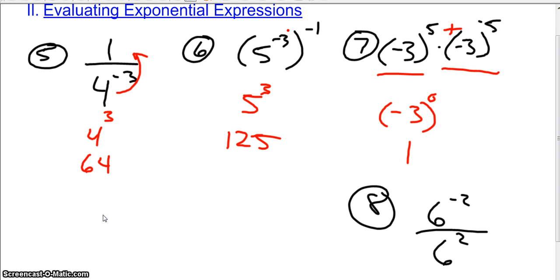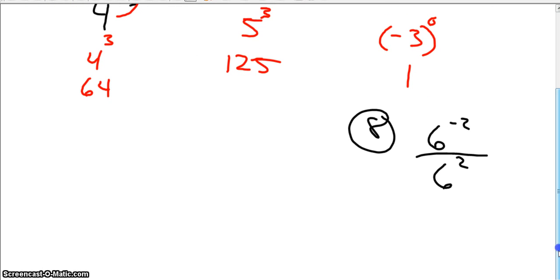And in number 8, you have an interesting expression. The numerator gives us a negative exponent. The denominator is positive. So the 6 squared stays in the denominator, but we bring the 6 squared from the numerator down, which leaves